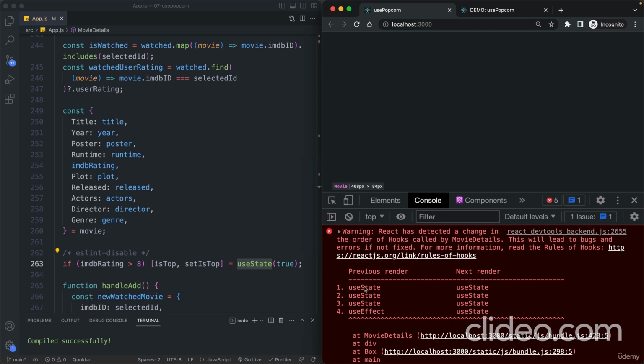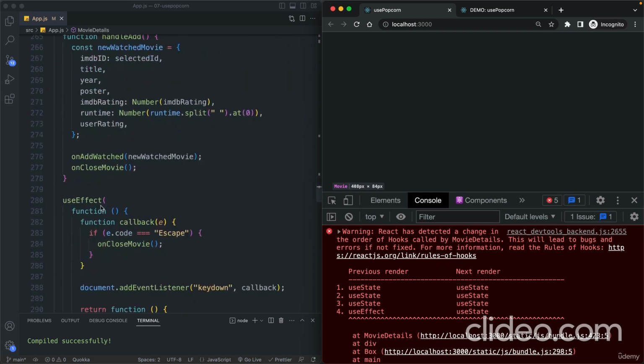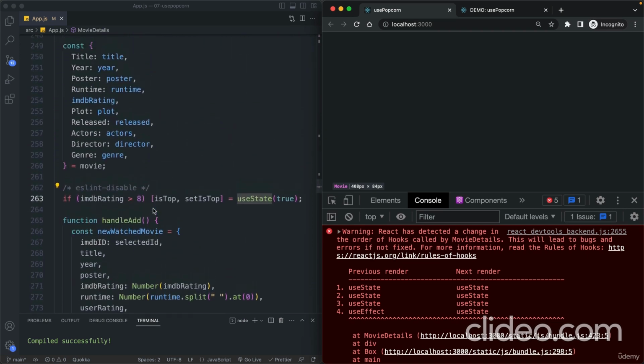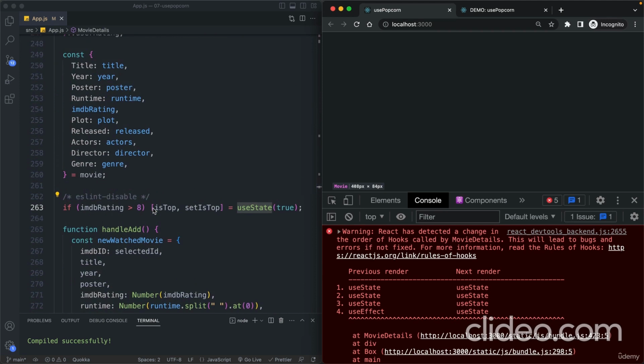So in the previous render, there were 3 useState hooks, and then the number 4 was an effect. So this effect right here was hook number 4 before in the previous render. And that previous render actually happened after we clicked on the movie, but while the movie data had not been fetched yet. So at that point, the IMDb rating here was still undefined, and so then this useState hook was